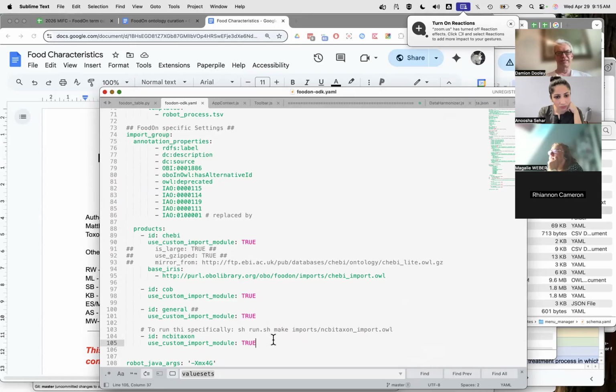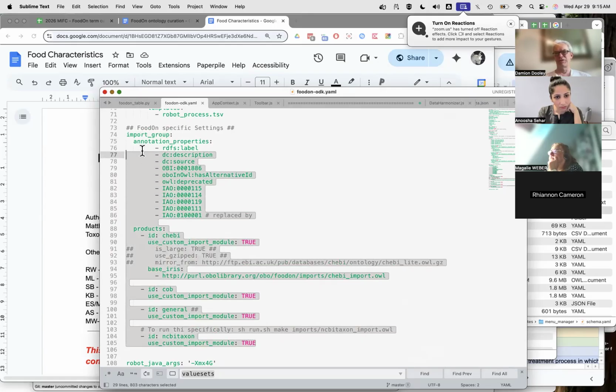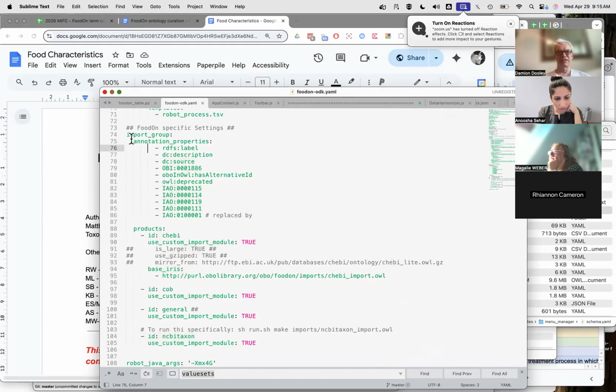This part hasn't changed from where we were a few weeks ago in terms of the import group, which always looks in the import subfolder for the KEBI import and general import, COB import, and NCBI taxon import files